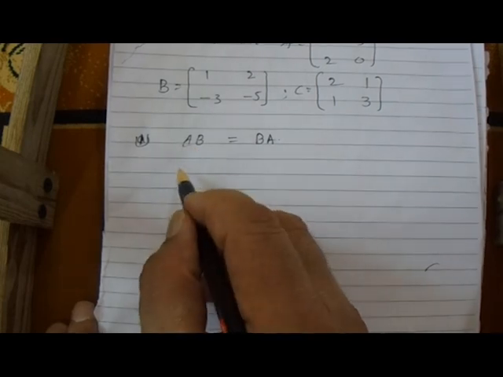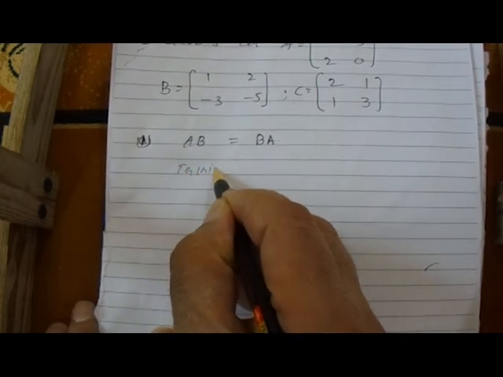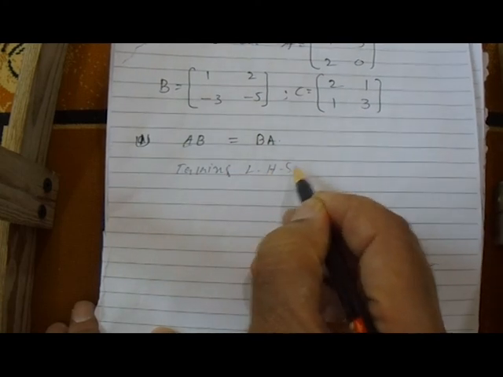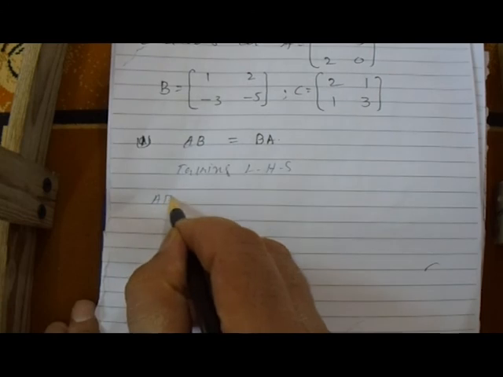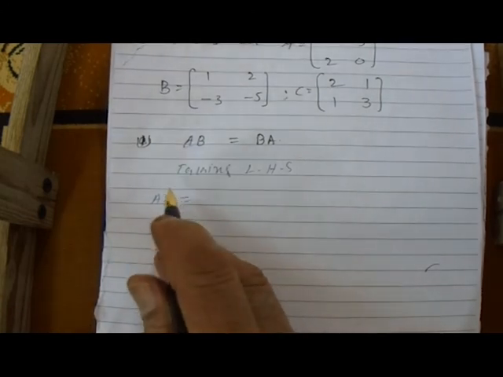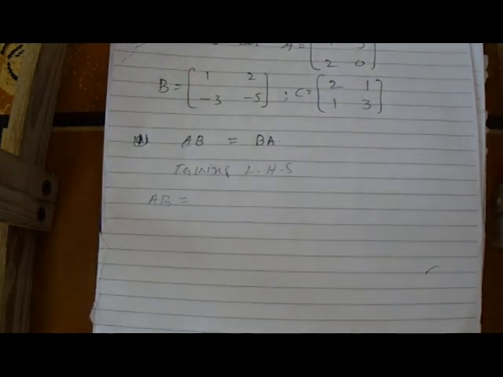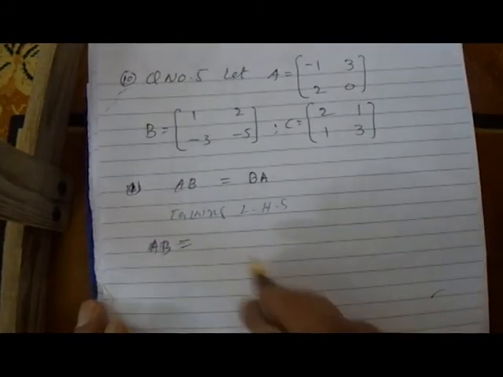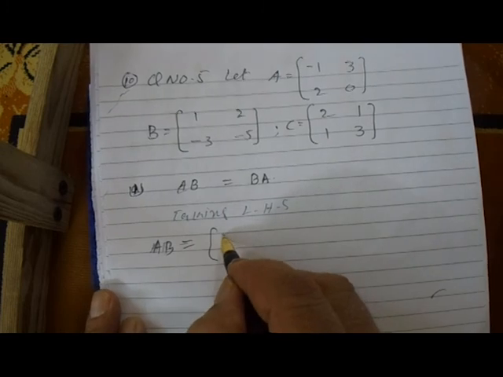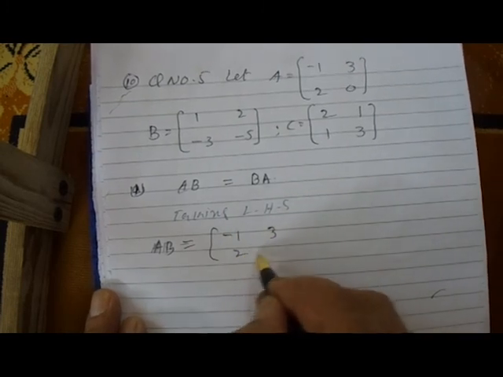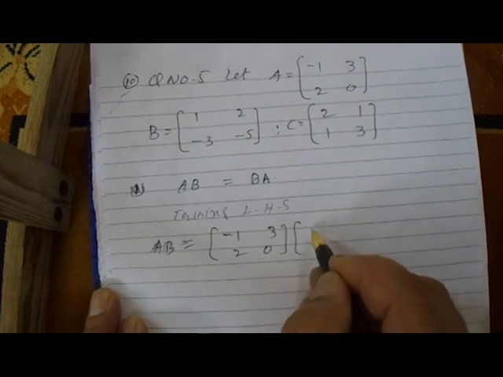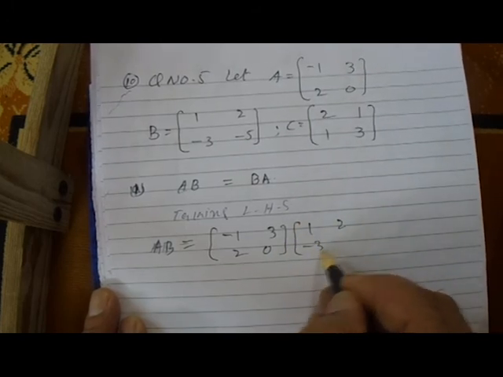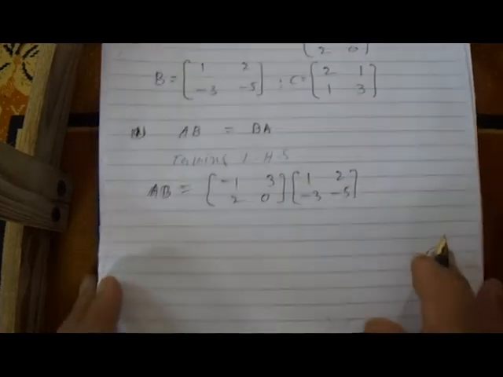Now taking the left hand side, AB. This AB is equal to, this is our A matrix, -1 3, 2 0. Now we write here the B matrix, 1 2 -3 -5. Now we multiply this matrix by this,